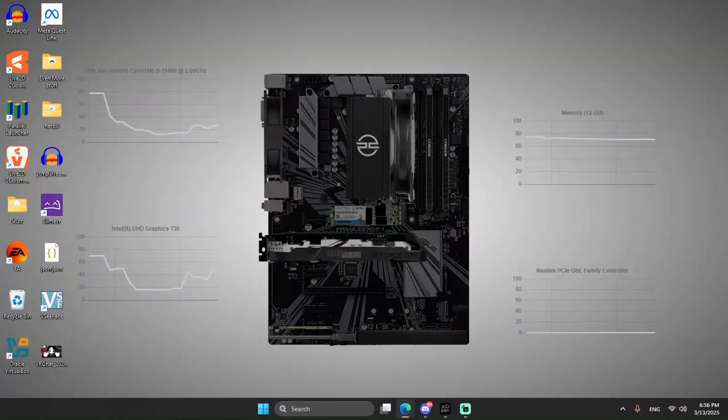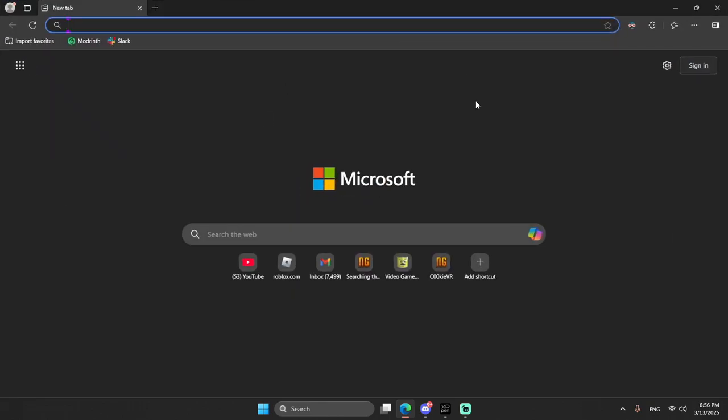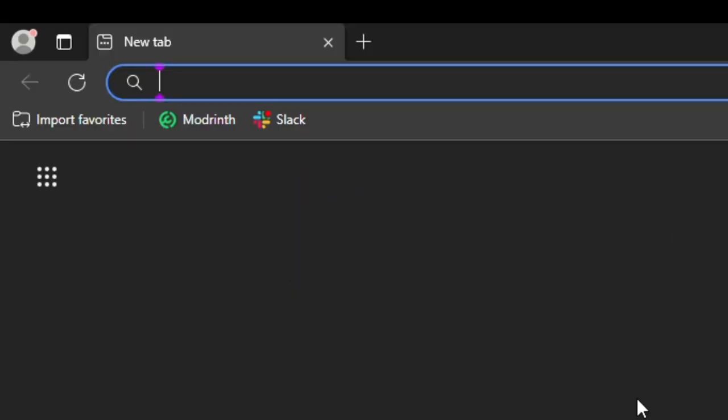Hello, in this video I'm going to be teaching you how to install Roblox Studio on Windows 10 or 11, or any system above Windows 8.1. Alright, so first you're going to open your browser, go to